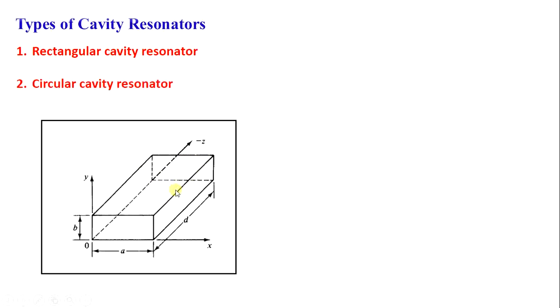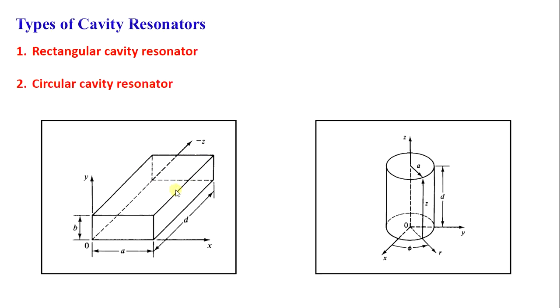And the second is the circular cavity resonator. As you can see in the figure, this is a circular cavity resonator which is placed along the z-axis, and this is one shorting plate and this is another shorting plate. In this way, by using the circular waveguide, the circular cavity resonator is formed. In both the cavity resonators, only two modes of wave propagation are possible, and they are denoted with TE-MNP and TM-MNP. Here the P denotes the parameter related to the length of this